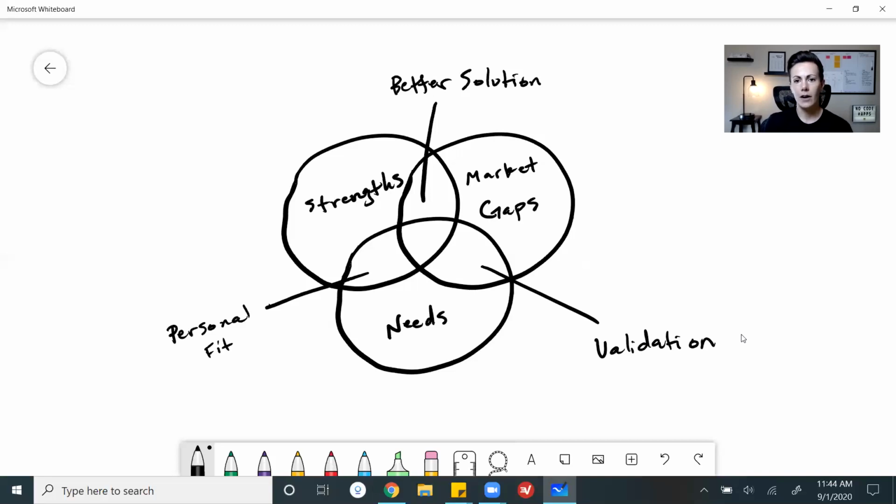So again, you have to look at all of these three things together because each brings a different component or a different factor into play that will enable you to grow and improve within your market and come out as a market leader. Because what we're looking for is for you to fill this middle point right here, for you to take your strengths, take those market gaps, take those needs, combine all of them and become that market leader. So you can't just have one, you have to have all three of these.